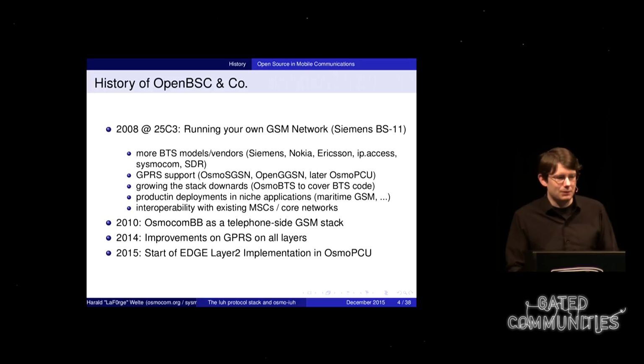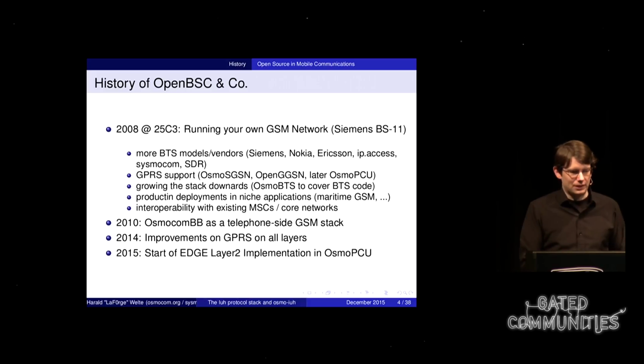There are some production deployments in niche applications such as maritime markets. So if today you're on a ferry or on a cruise ship and you use GSM services, the probability that you're using OpenBSC and associated projects in the background is very strong. There are hundreds of vessels using our software today.